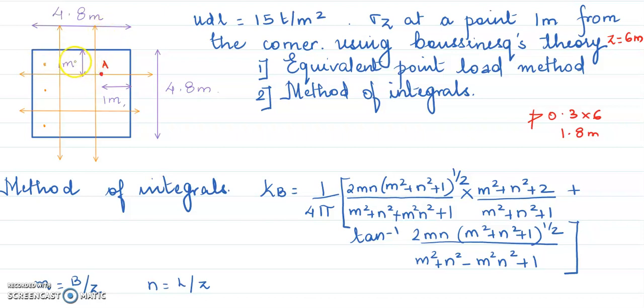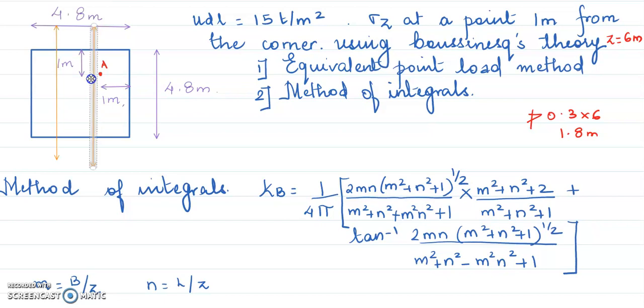So you'll have to find the distance of each of these centroids from this point A. That will be your R, and then you put it in the equation, and then you get the influence factor. All that you all know. If there is an issue with equivalent point load method, we will solve it separately. Personally, you all have to ask me because I don't want to repeat it for the whole class because that method has been dealt in detail.